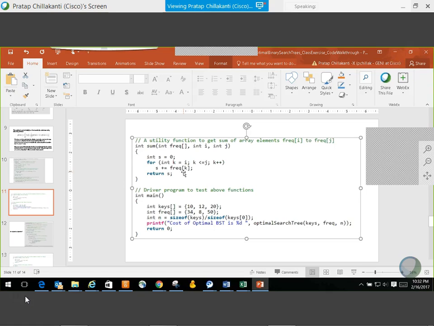Now, in case you don't finish the tracing today, you continue that. Before you come to the next class, I want you to finish tracing both this first algorithm as well as the DP algorithm, which I posted in the community now. And post your answers in the community, okay?